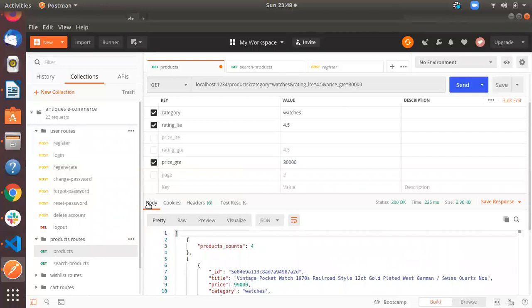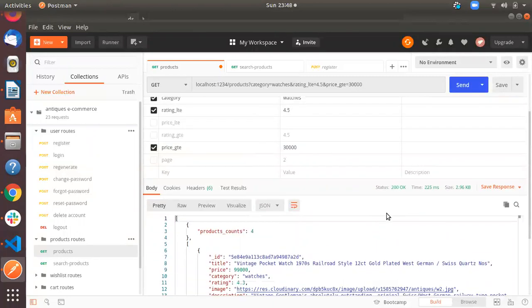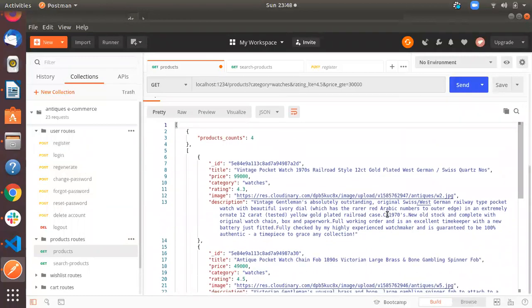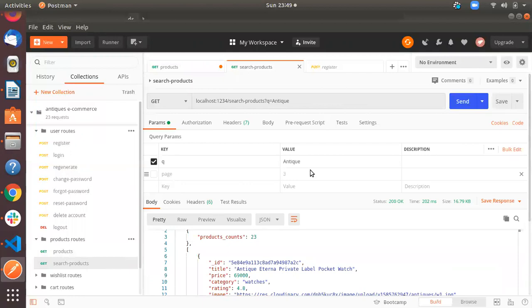So first of all, as in any e-commerce website, you can search for the product or view products without any registration or logging in. So here goes the same. You can view the product and also apply filtration on that, like you can filter according to category, rating, and price. And when you send a request from here, the results of the same filtrations will be shown to you, right? And you can also search products, like I have given here a keyword which is antique.